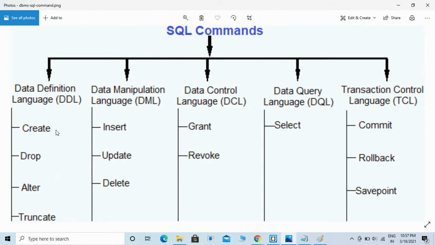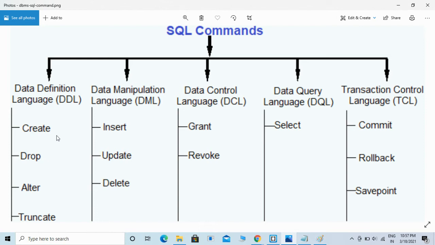We are going to see in detail about each command. Create is used to create the database or its objects like tables, indexes, functions, views, and stored procedures. The drop command is used to delete the objects from the database.